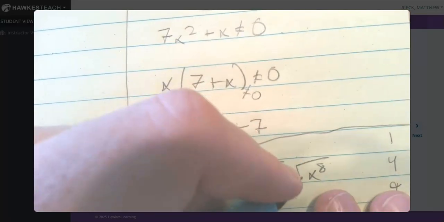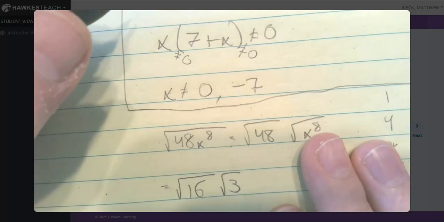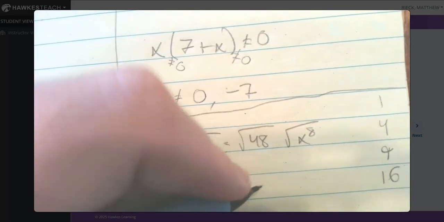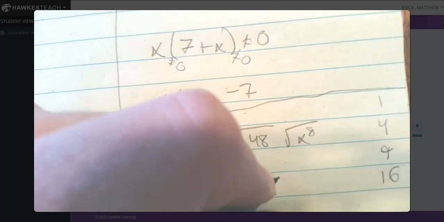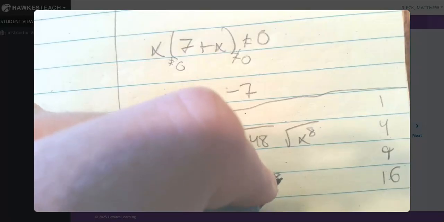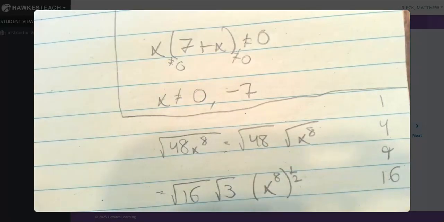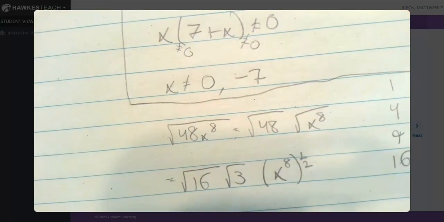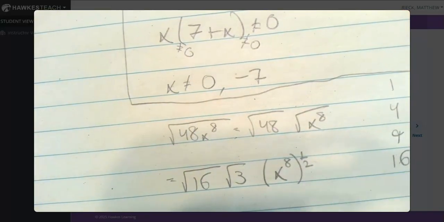And then here we can write this as a fractional exponent. That would be x to the 8th to the 1/2. Again, when we have the square root, that's to the 1/2 power. So when we take 8 times 1/2,